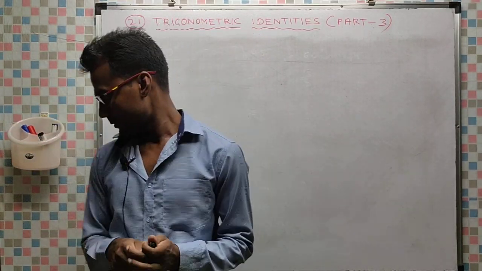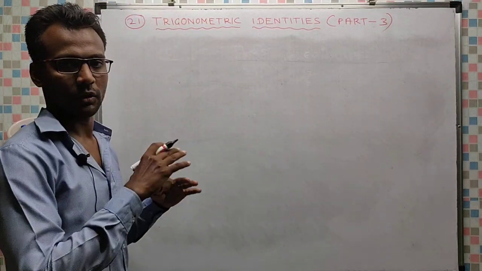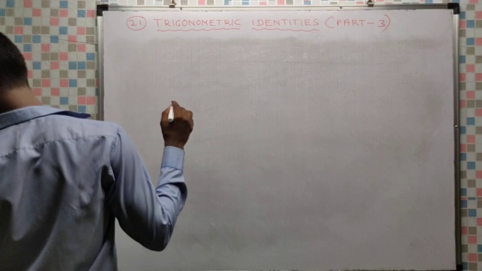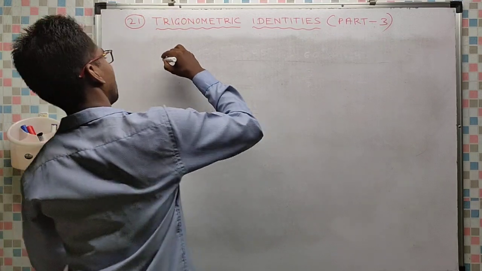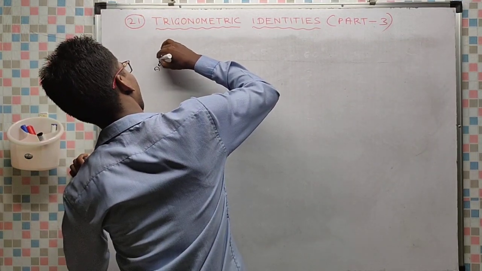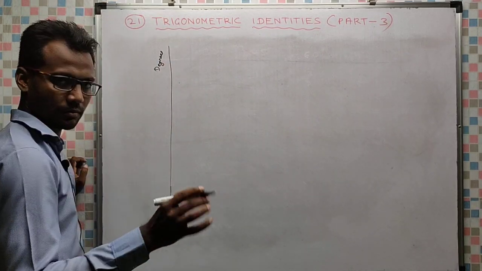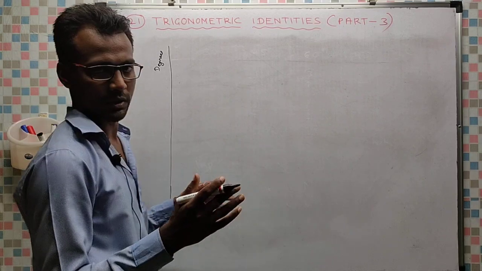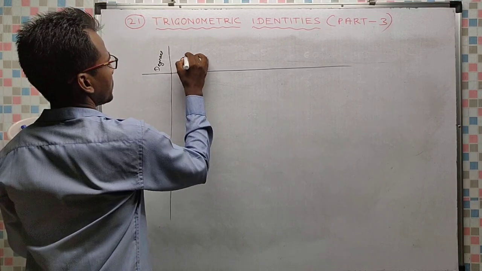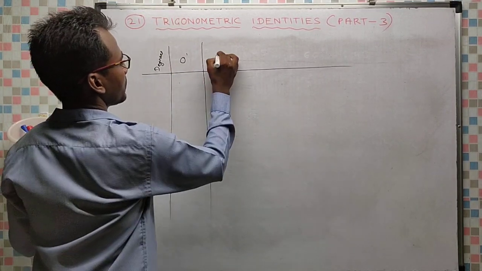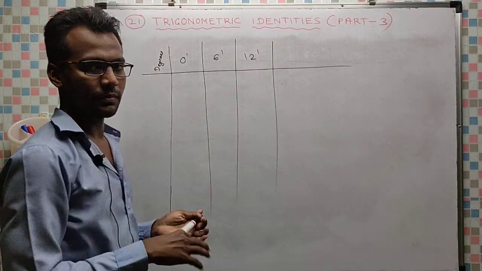If you look at the table for sine, it has different rows and different columns. The general outline is like this. Here degrees are written. I'm just making a rough picture of the table because I cannot show this here. Like this: 0 minute, 6 minute, then 12 minute, means multiples of 6.